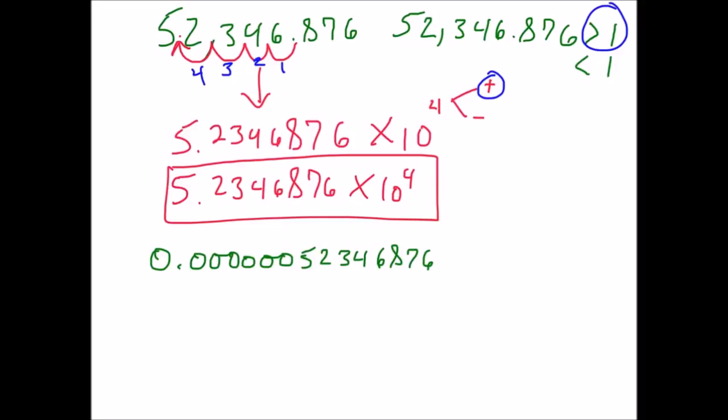So again, you're going to find the decimal point, and you are going to move it so that it is behind the first non-zero digit. So there's our decimal point, and now we're going to move it so that it's behind the first non-zero digit. So now we rewrite the number